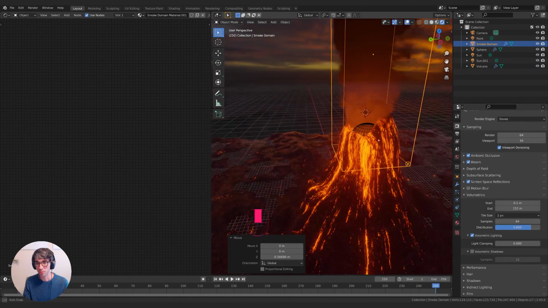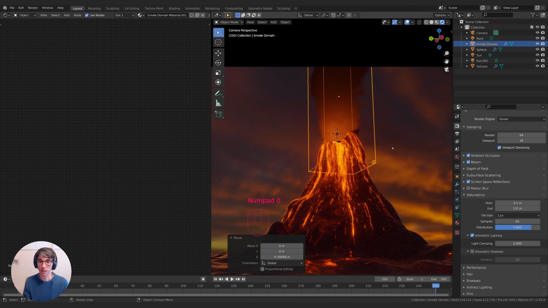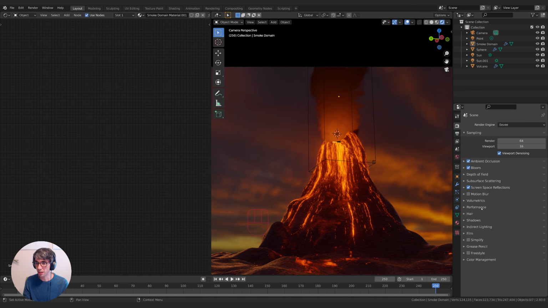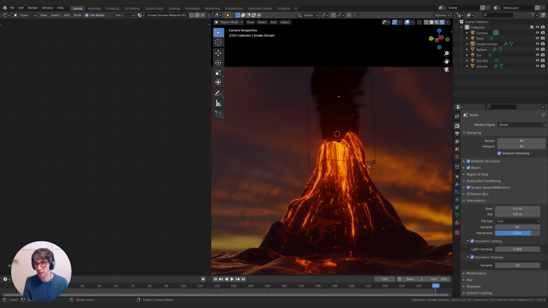That looks pretty good. Jump back into my camera. And now I want to make sure I've got a few things set on. I'm going to make sure my tile size under volumetrics and my render settings is set to 2. That gives me some really good resolution. And then I'm going to turn on volumetric shadows, and that's going to help create some nice shadowing in our